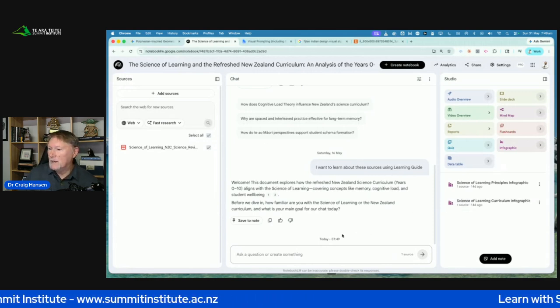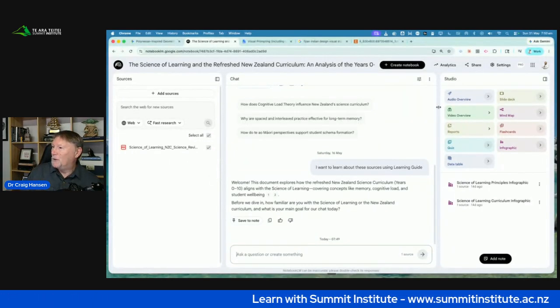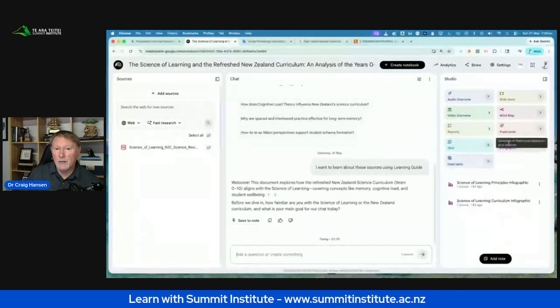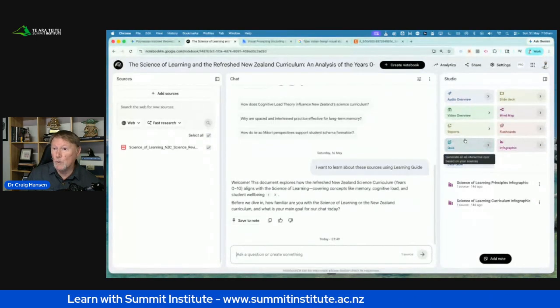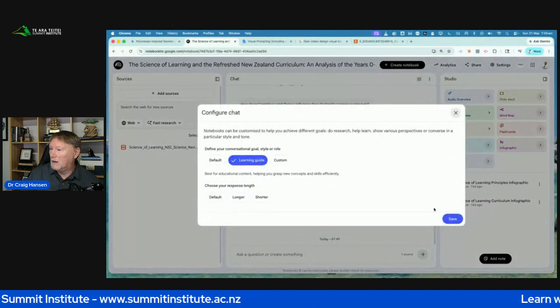Okay, so what I'm going to do is, because that is my source, I know that Gemini, which powers Notebook, which comes from Google, is not going to go all over the internet. On the right-hand side, you can see I've got my studio assets that I can create different types of visuals I can use. What I do is in the chat area here, I make it a learning guide and click